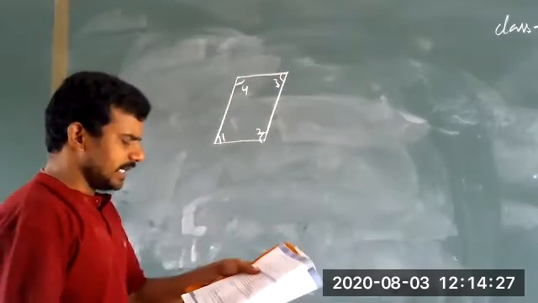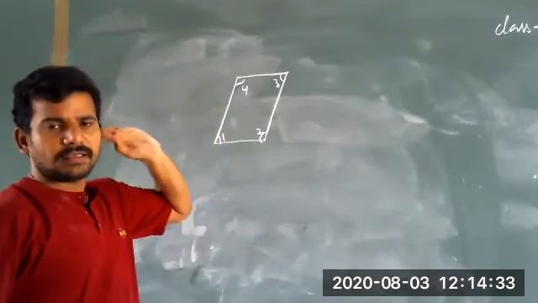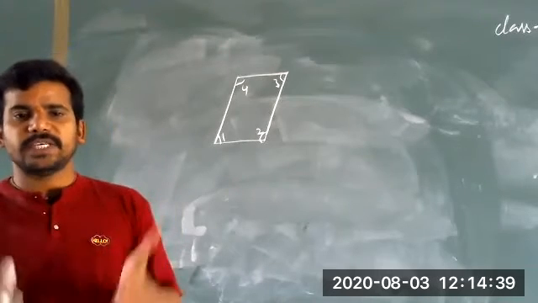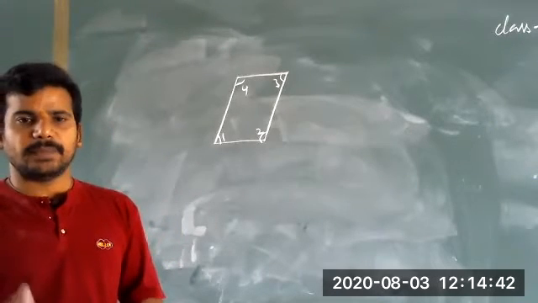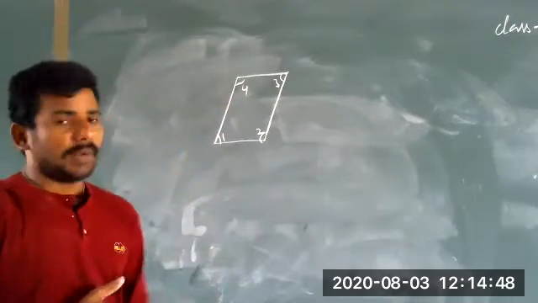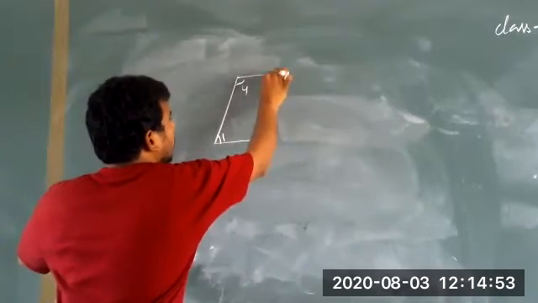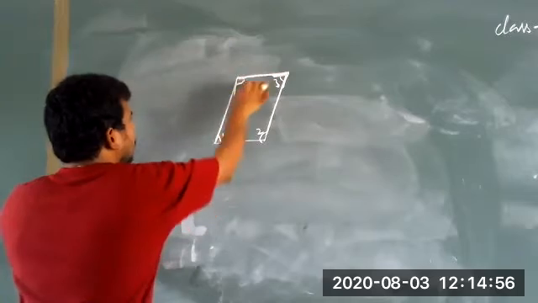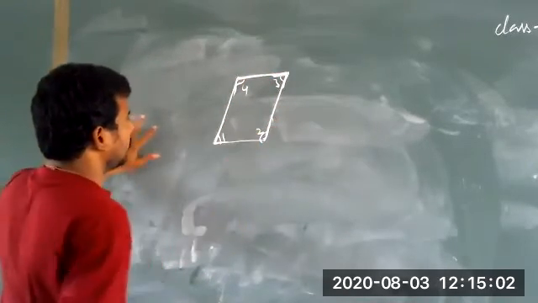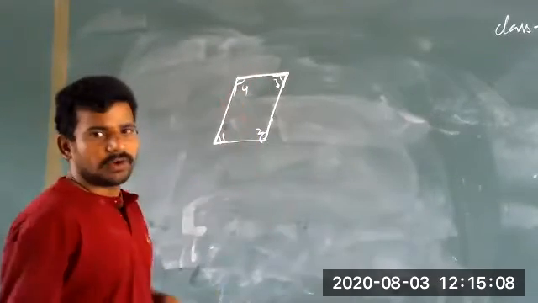Which angles in the adjacent figure are acute and which are obtuse? In this figure, which angles are acute angles and which are obtuse angles? So what about acute? It's between 0 and 90, that means below a right angle is called acute angle. What about obtuse? Above 90 degrees. So these two are below 90 degrees, this angle is above 90 degrees, this is below 90 degrees, this is above 90 degrees. So angle 1 and angle 3 are acute angles. Angle 2 and angle 4 are obtuse angles.